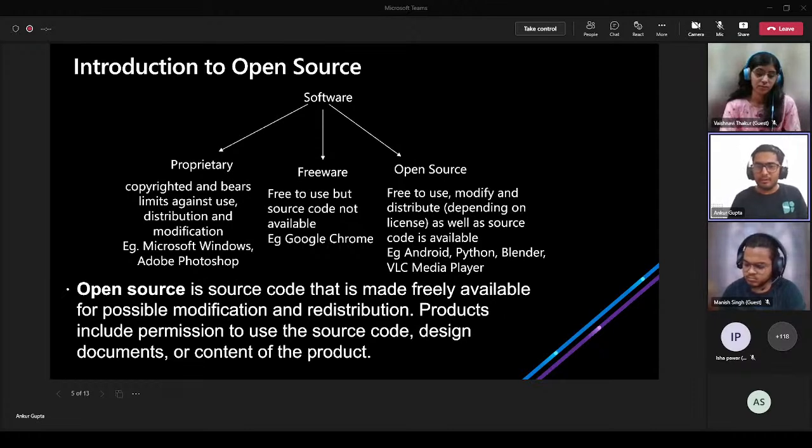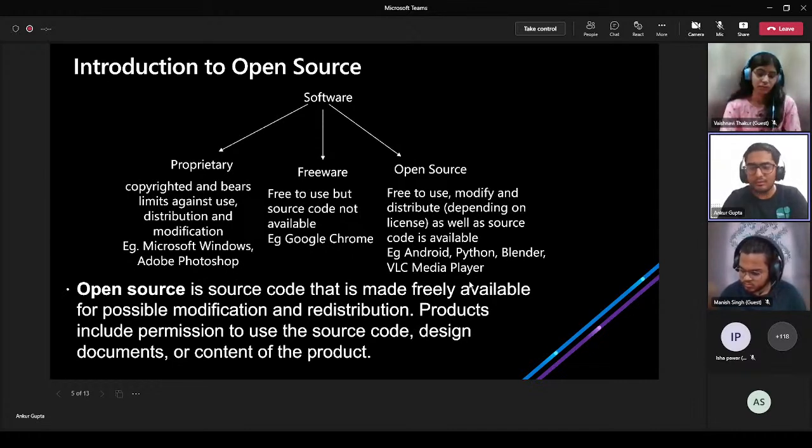Then there is open source. Open source is something that you can use freely, that you can even modify, that you can distribute, and you can even see its source code. For example, there's Android. Android is an OS that we use in most of our phones, and it is open source software. By open source, I mean that I can just go to GitHub, search for Android, and see all of its source code written directly in GitHub. I can even check out the issues. I can even check out what major new releases are pending for Android. I can look into a lot of things in it. That is the beauty of open source.